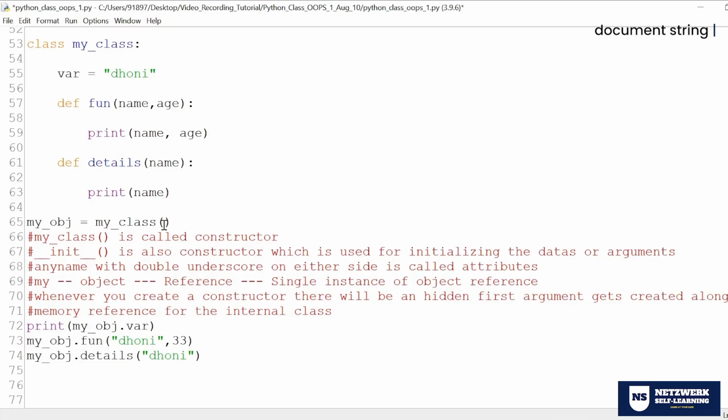That means there is one argument already created. That argument is nothing but another memory reference which is used for the internal operation. This is for the external reference, and whatever gets created here is for the internal reference. So these are the 2 points I want you to keep in mind: external reference and internal reference. Fine.